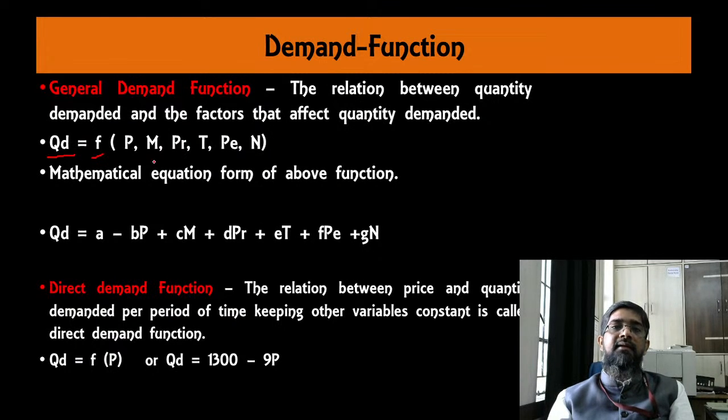And this is a function: the demand for something depends on many things. Number 1 is the price of that commodity. Number 2 is money income, it depends on how much income the customer has. Then the price of related commodities. The price of related commodities also influences the demand of a particular commodity. The fourth one is taste and preference. The fifth one is expected price. What the price will be in the future, whether it will fall or rise, we will study in detail when we discuss determinants. And lastly, the number of customers available, right?